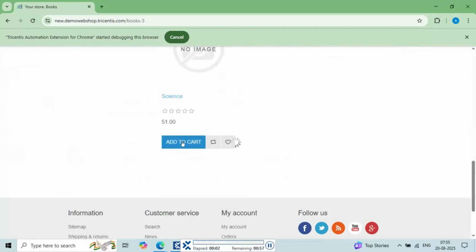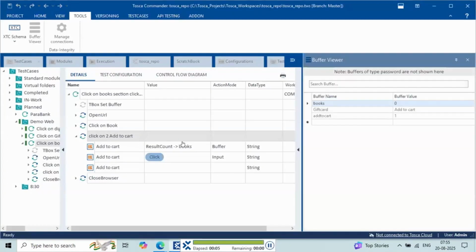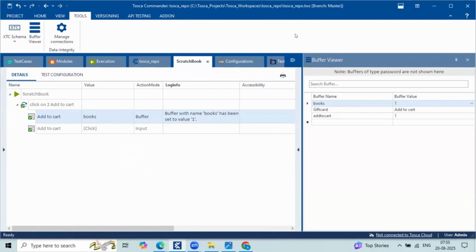Since we give the CP value, it selects the particular add to cart alone, so it's not checking all the add to carts. Yes, it is checking the particular one only. Here you can see the count of the books again. It's 1. Make a note of one thing here: this control itself is a unique property at the time of scanning. That is the reason whenever you try to take a count of that control, it states the count is only 1. It is not capturing the number of add to carts in the book space. Are you getting my point?